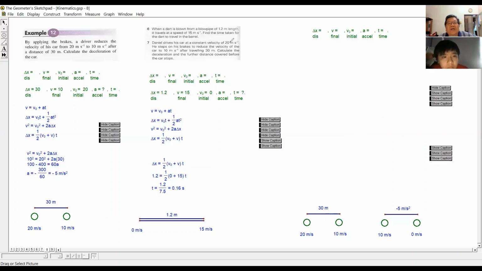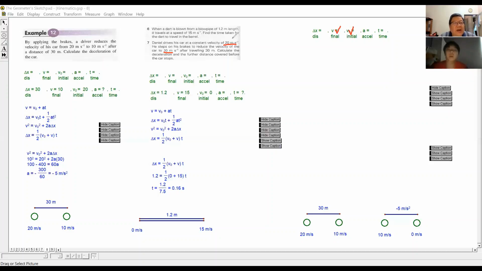Drive a car at a constant velocity of 20 meters per second. Step on the brake, reduce velocity to 10 meters per second. So what are these two given physical quantities? They've given the final velocity, and the initial velocity. Now, if you are not sure whether they are velocity or acceleration, you just look at the